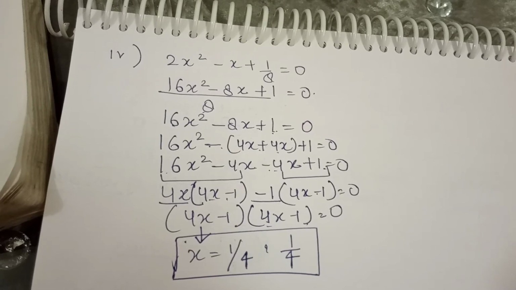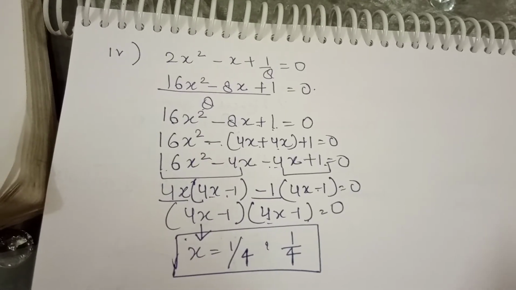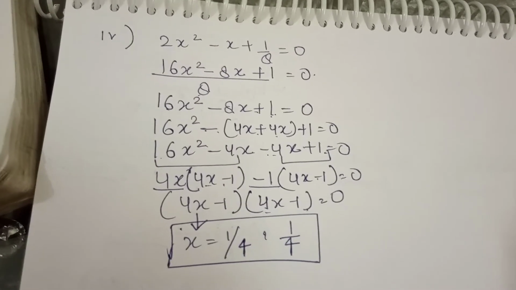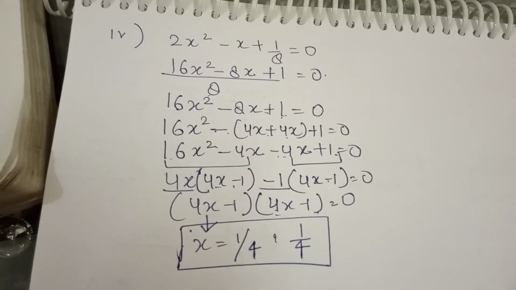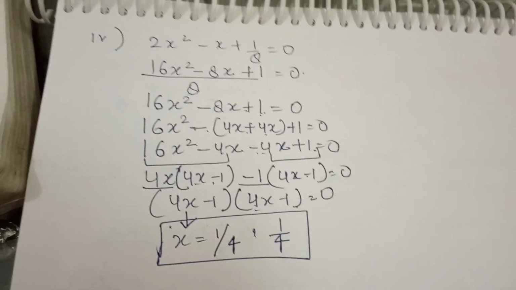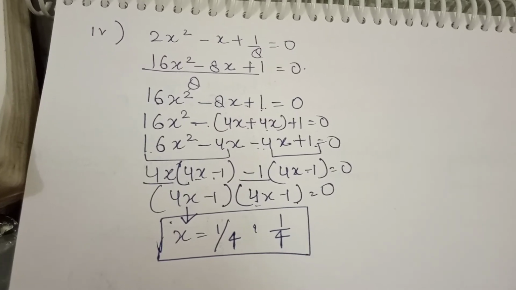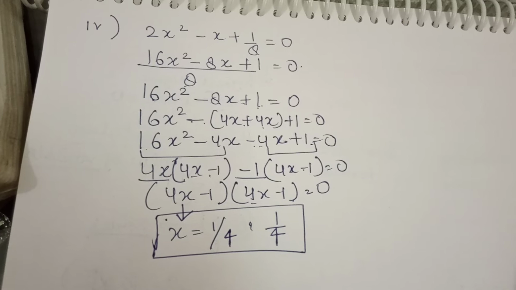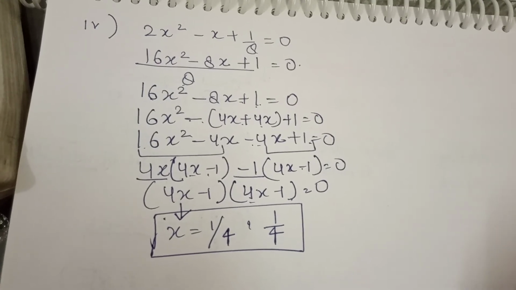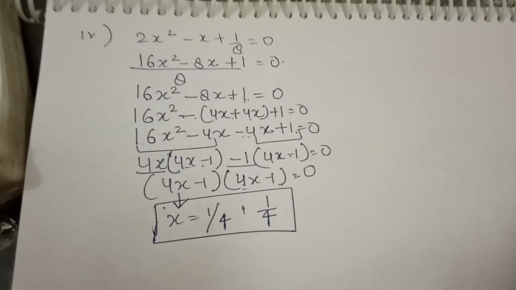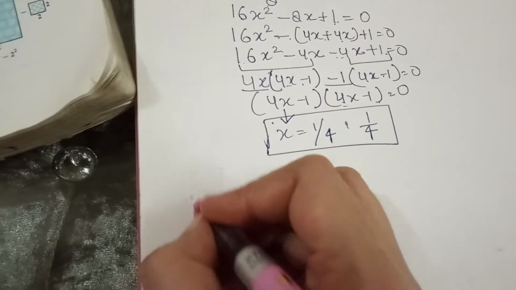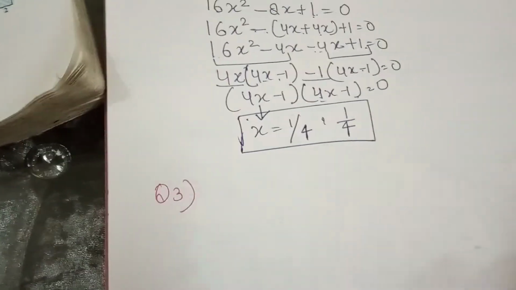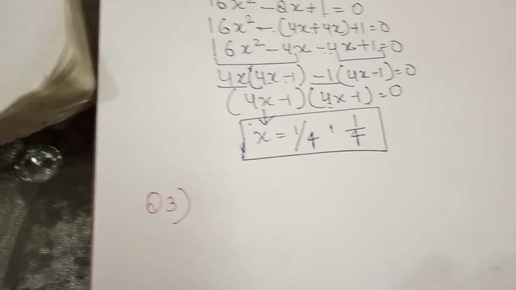Second, third, fourth, fifth and sixth. In the second question it is written solve the problems given in example 1. So you do it yourself. Now third question. In these questions word problems are there. We will form the equations and then we will solve. So I will only form the equation and only one question I will solve. So start doing from question number 3. So read the question number 3 word problem carefully.